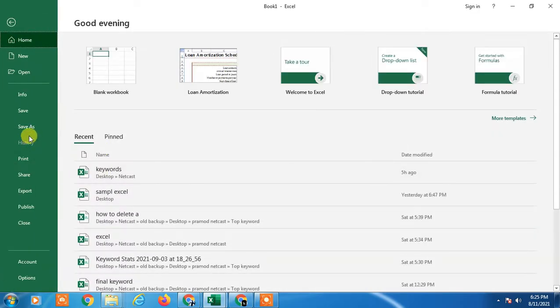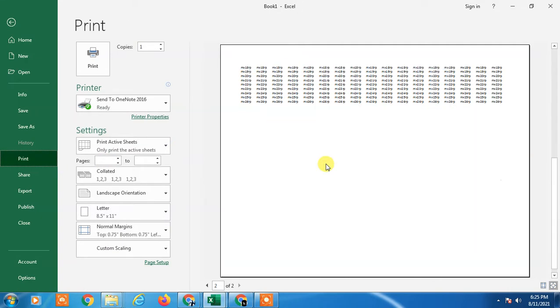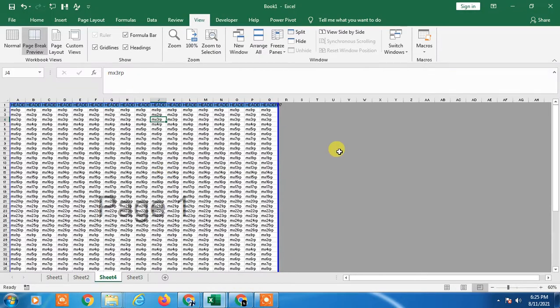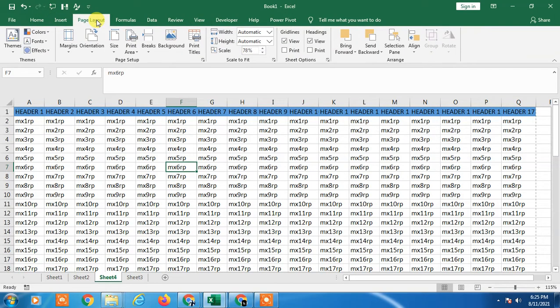Now we are going to see how to repeat headers. When you go into print, you can see the header on the first page, but when you go to the second page, the header is not repeated, and we are unable to understand which data belongs to what. So how can we do this? Just go to normal view and go to Page Layout.